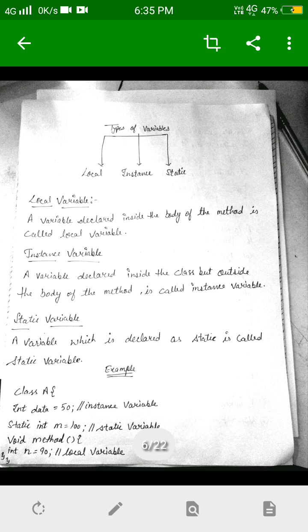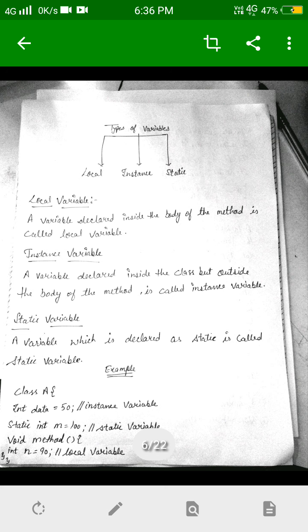We also declare this variable before the main method. Now there is the local variable. A local variable is one which you use inside the main method. So int n is equals to 90. If you declare this inside the main method, it becomes a local variable.